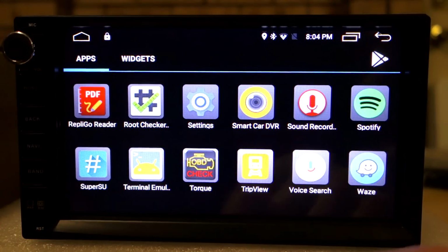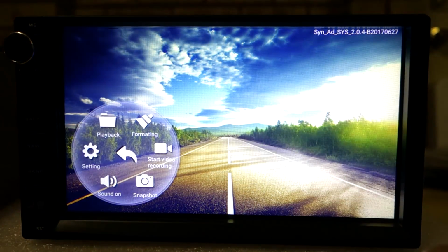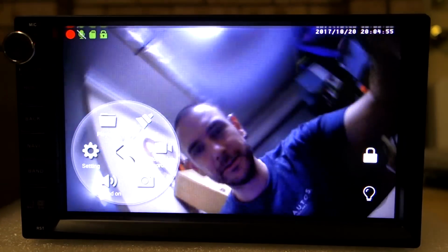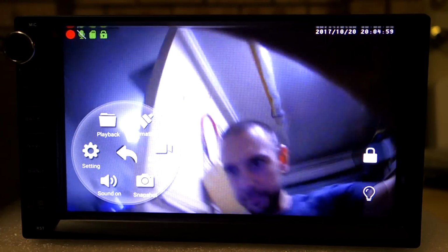Next thing I want to show you is the video recording function. So we'll switch that on quickly now. And you can see there my ugly face talking to the camera. So pretty decent quality. It's relatively low light in here at the moment, but